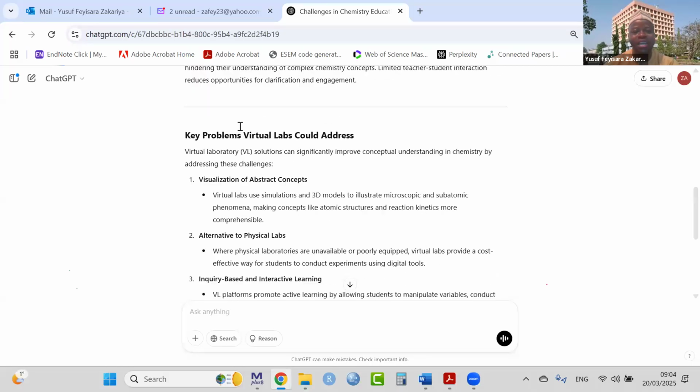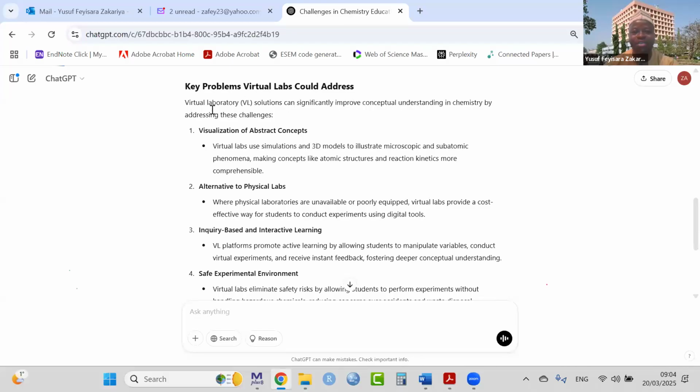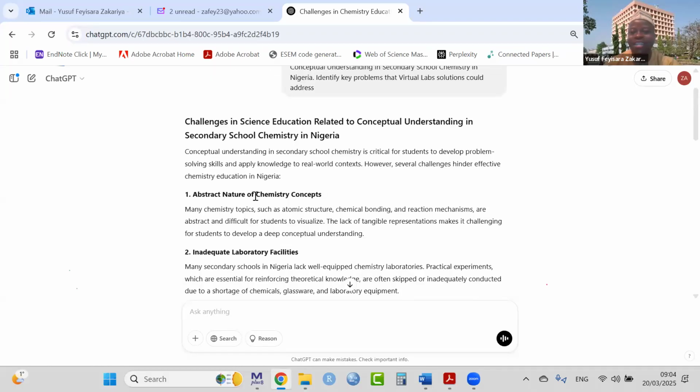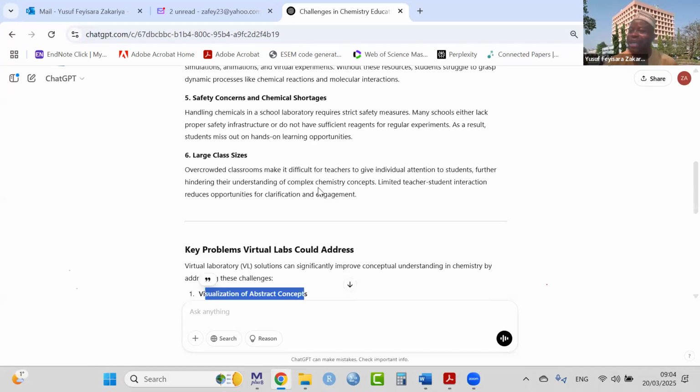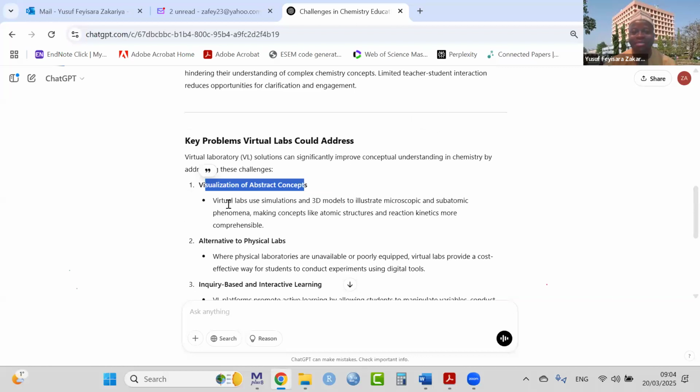Look at it here. Key problems virtual labs could address. Virtual lab solutions can significantly improve conceptual understanding in chemistry by addressing these problems. One, visualization of abstract concepts. Remember, the fourth challenge here is the abstract nature of chemistry. Okay, what if we can visualize this? Then it is no longer abstract. And virtual lab can help you to visualize it. Look, virtual labs use simulations and 3D models to illustrate microscopic and subatomic phenomena, making concepts like atomic structures and